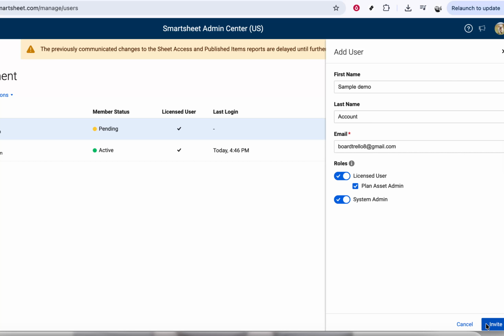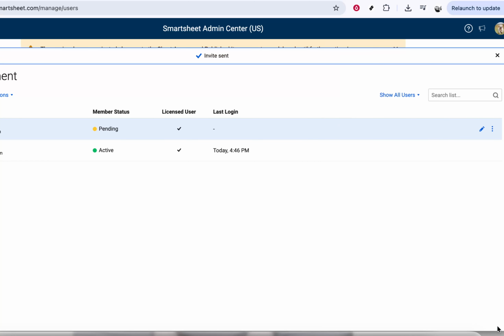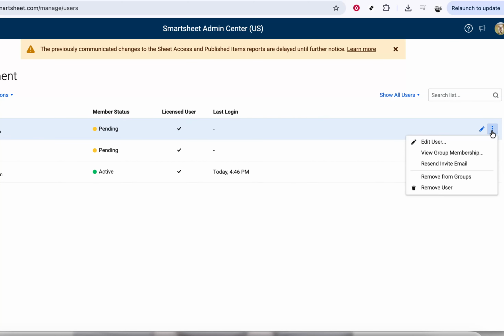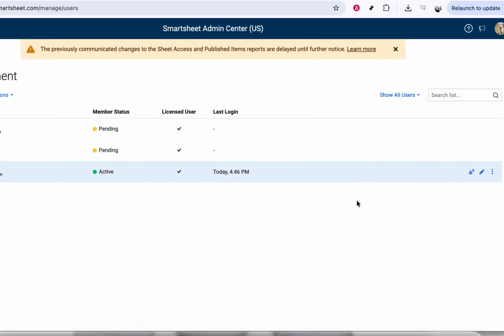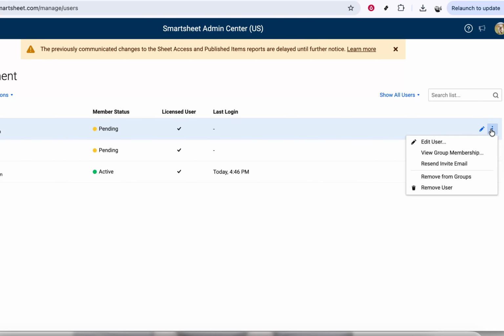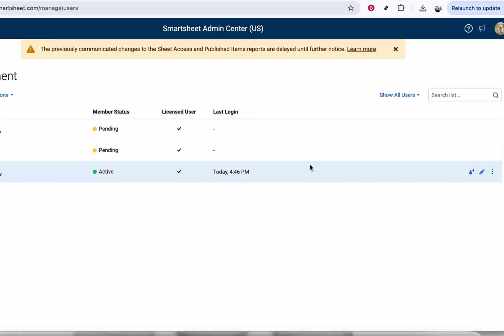Once you've entered their details, look for the permission settings in the same window. You'll see different roles and options that determine what this person can do in Smartsheet. To make this user an admin, find the toggle or checkbox labeled System Admin or System Administrator. Turn this toggle on. This grants them full administrative capabilities, such as managing users and account level settings, so only give this to people you trust with high